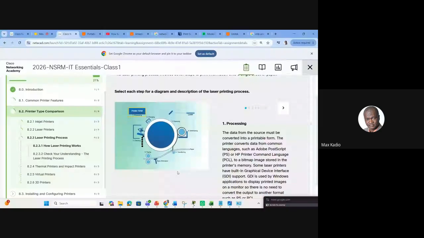One second, I'm checking a message in my WhatsApp.